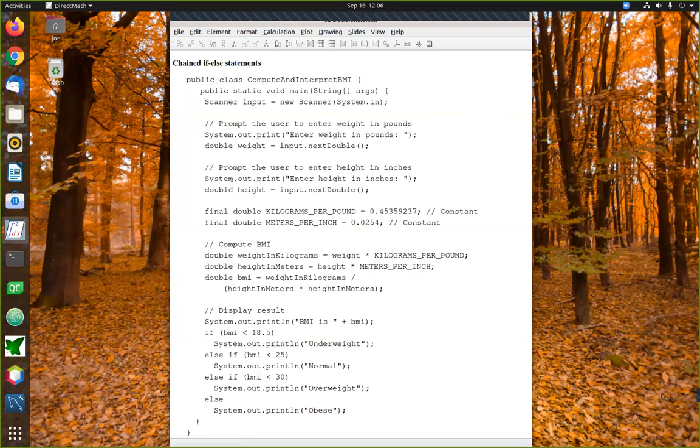Right, so let's look at another example here. Here's a more complicated example. This is an example that involves classifying something into 4 possible categories. What's going on in this program is that this is a program that does a calculation called a BMI calculation. A BMI is what's called a body mass index. This is a